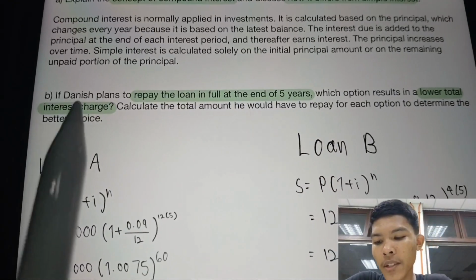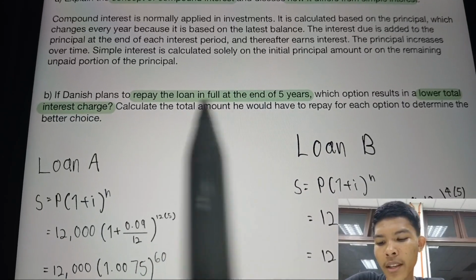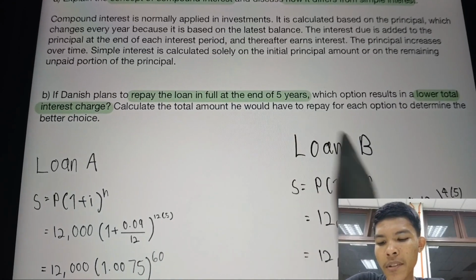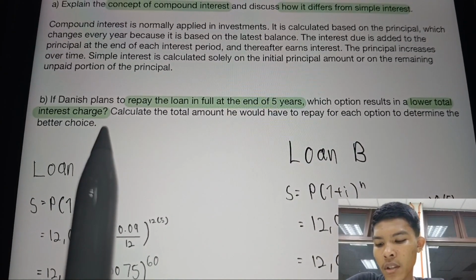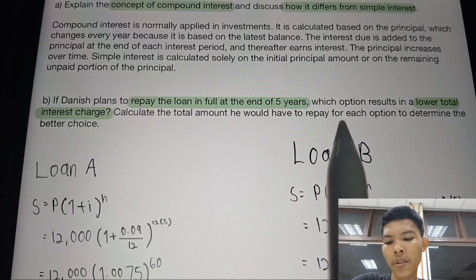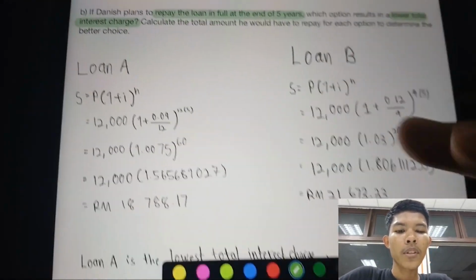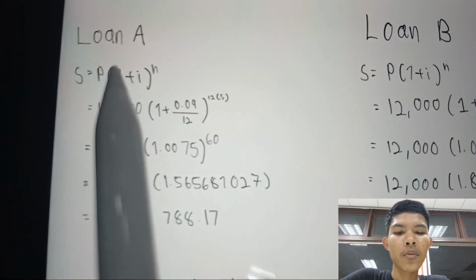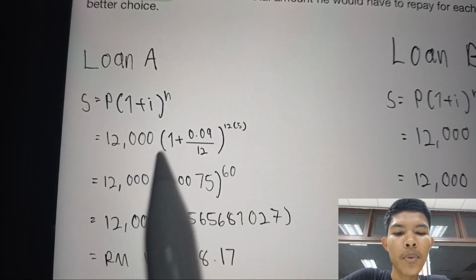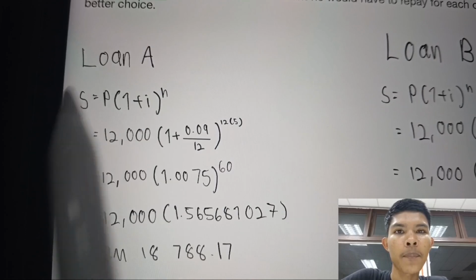B. If Danish plans to repay the loan in full at the end of 5 years, which option results in a lower total interest charge? Calculate the total amount he will have to repay for each option to determine the better choice. For loan A and B, we need to use the accumulated value formula, which is S equals P(1 plus i) to the power of n. For loan A,